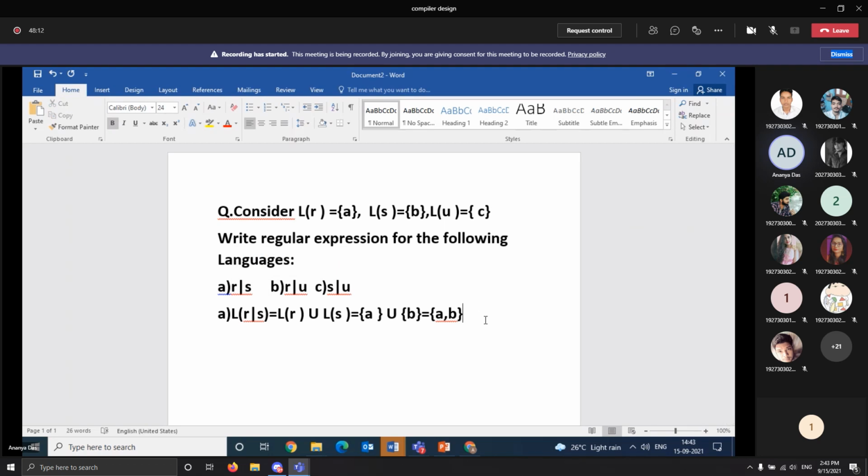Next, एक कॉन्कैटिनेशन का देख लेते हैं कि अगर आपको बोला गया, लेट्स से सेम क्वेश्चन, सपोज है आपके पास एल आर है, एल एस है और एल यू है और आपको कहा गया कि यू क्रिएट रेगुलर एक्सप्रेशन फॉर द फॉलोइंग लैंग्वेजेस, जिसमें आपको लैंग्वेज दिया हुआ है आर डॉट एस. डॉट हम लोग नहीं देके नॉर्मल आर एस भी लिख सकते हैं. तो जैसे ही मैं आर एस लिखूंगी इसका मतलब दिस विल फॉर्म अ सीरीज कनेक्शन. ओके, सो अगर आपका रेगुलर एक्सप्रेशन ये बना, राइट हियर एल ऑफ आर एस, मुझे तो लैंग्वेज बताना है उसका,